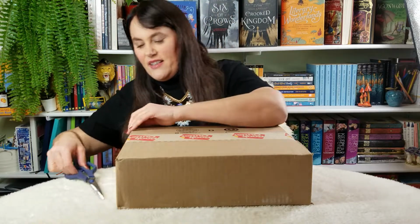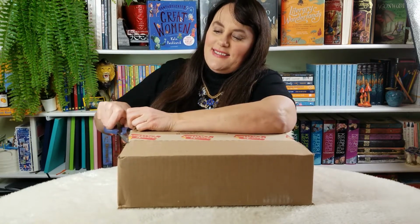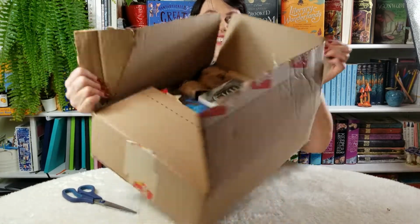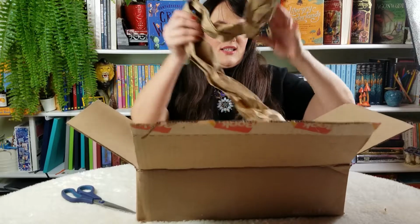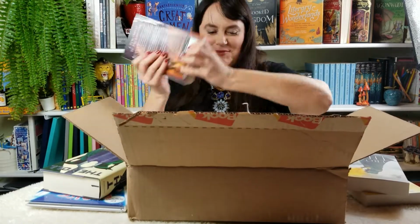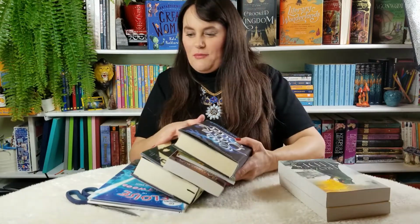Let's dive right in. Now I'm opening this from the bottom, so my address is not all over the internet for everyone to see. Oh, goodies. Okay. Now, I'm just going to take all the books out and then we'll talk about them in the video because this box is a bit overwhelming. All right, this is a bit of a smaller haul than I'm used to, so this will be a quicker